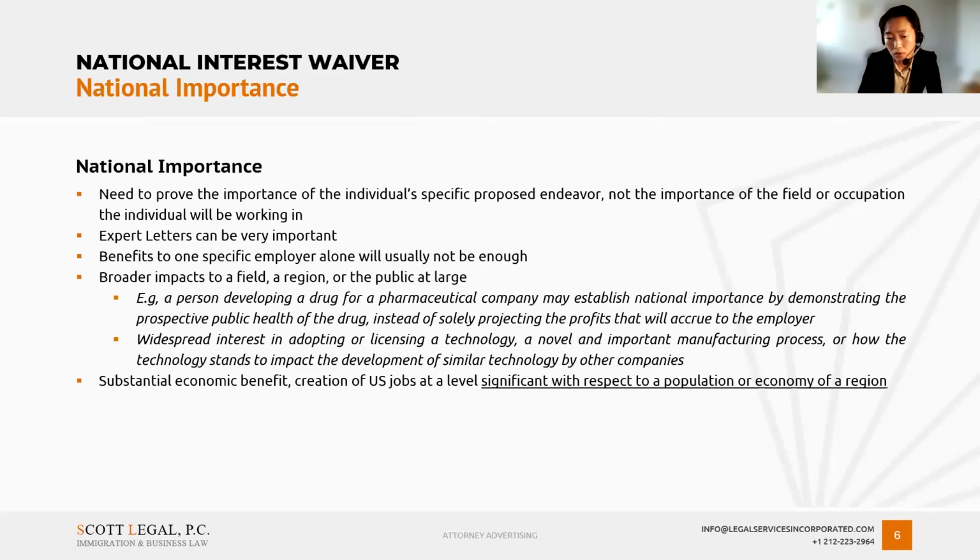So this is an example that we see in the policy manual where the government explains that a person developing a drug for a pharmaceutical company may establish national importance by demonstrating the prospective public health benefit of the drug instead of solely projecting the profits that will accrue to the employer. So what the government is not looking for is benefits of somebody's work that only inures to the particular employer or the particular business, but they want to look for larger benefits to advancing the field a little bit more